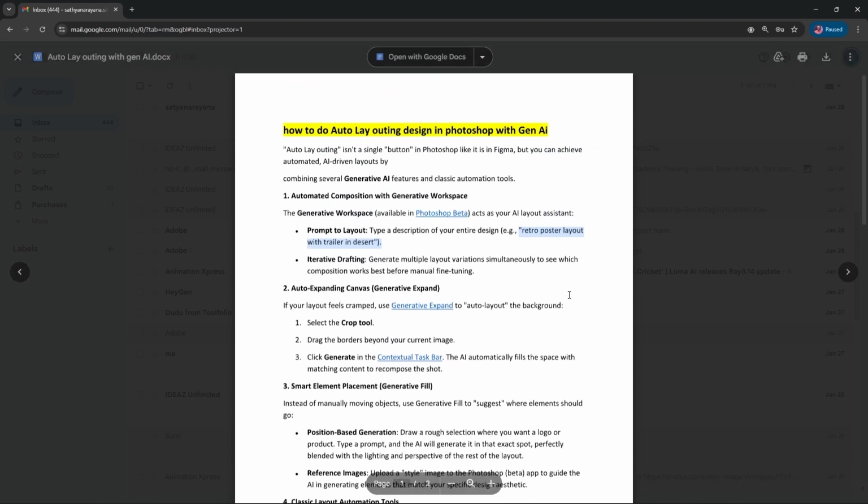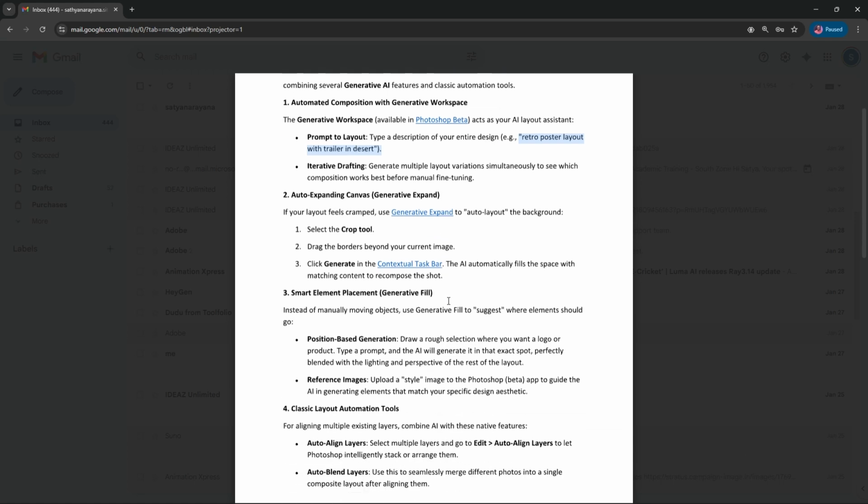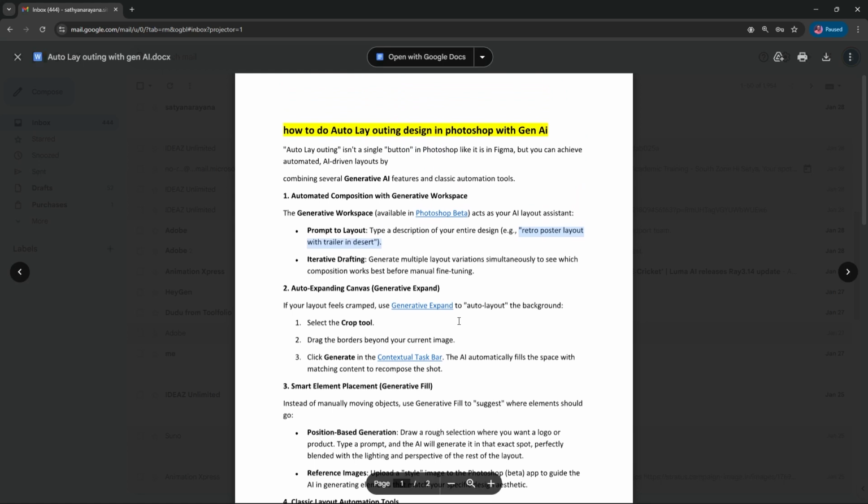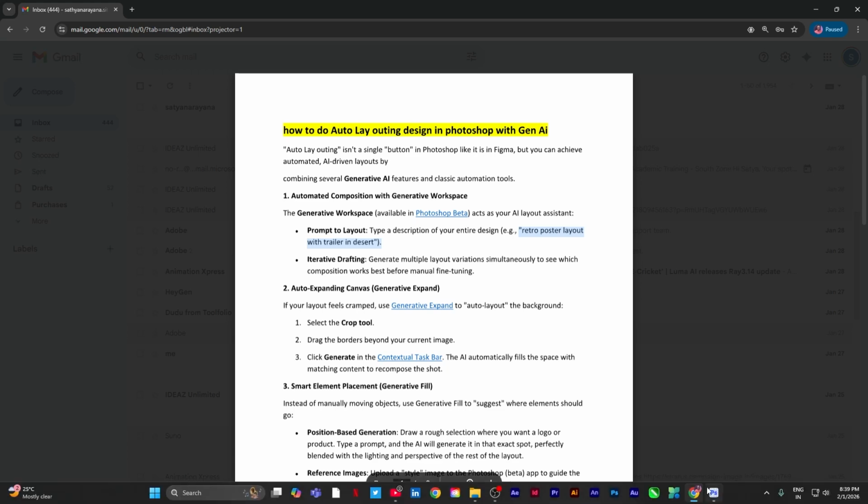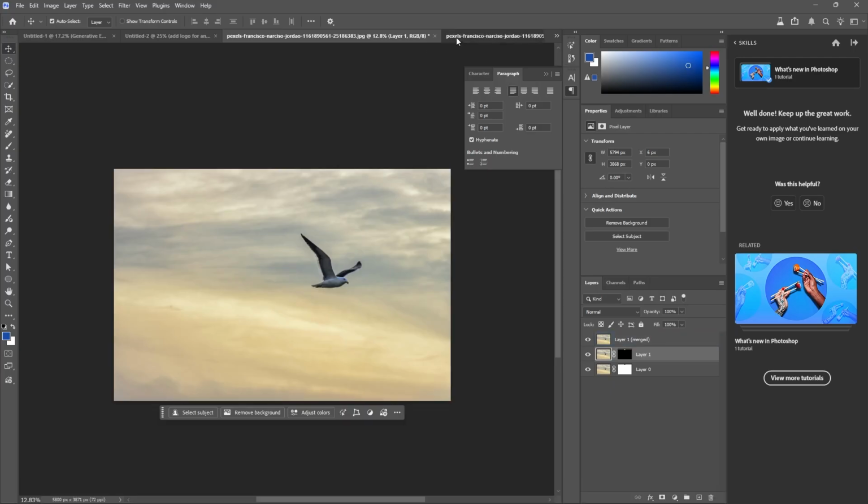Okay, these are all the things we are using for auto layouting design in Photoshop with Gen AI, right? It's very easy. A few things work with Gen AI only. So check whether your Photoshop has Gen AI support or not. Okay, so these are